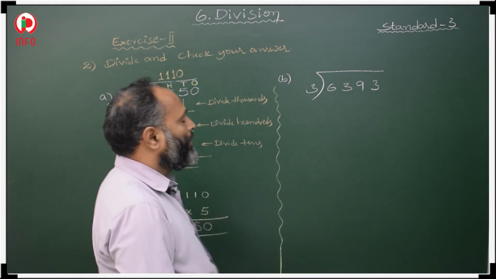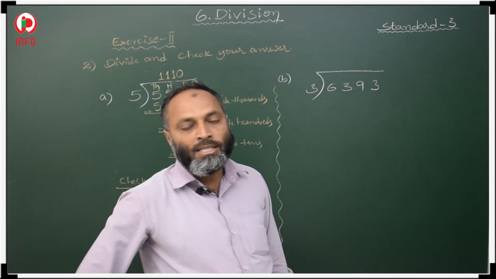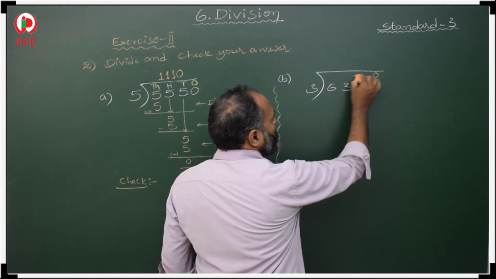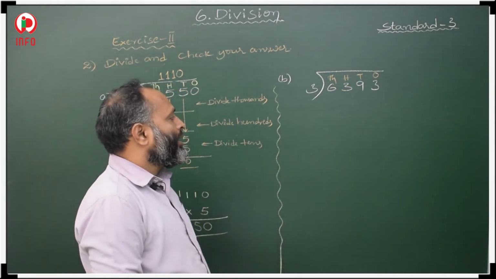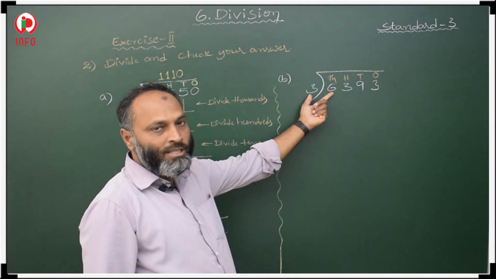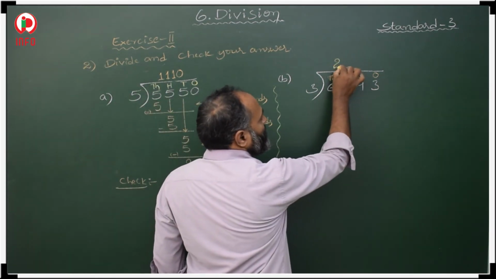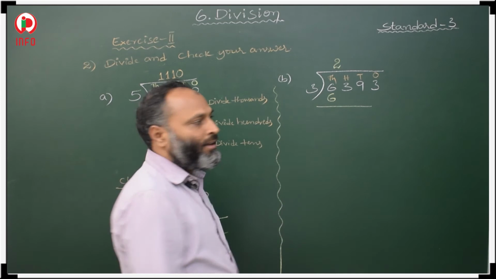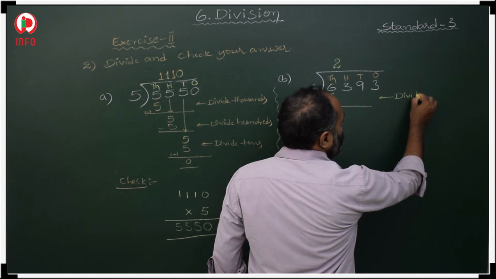Now here this 4 digit number, that is 6393, we have to divide with a single digit. First, this is our ones place, tens place, hundreds place, and this is thousands place. Now we have to divide this thousands place with this 3. Divide thousands first. So when you get 6 in the 3 table, 3 twos are 6, that 6 we have to write below the 6. Then this is divide thousands.